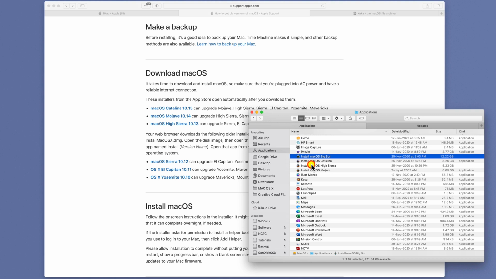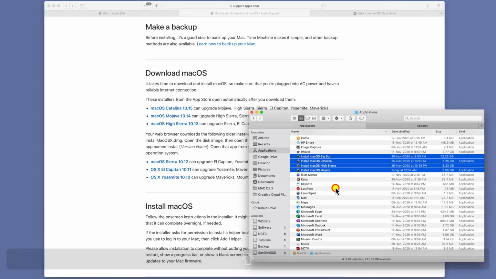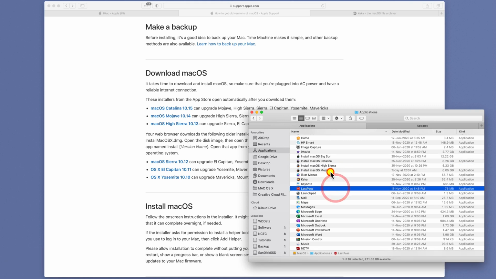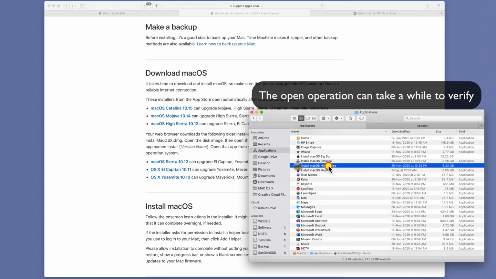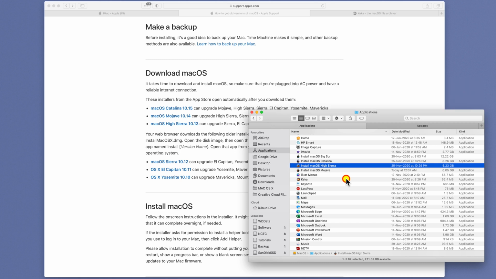So I have downloaded all of these, all the four installers here. But the one thing that you would have to do in case you've already archived them like I have is to right click open so it can verify and validate the image. Otherwise, the restoration to the USB drive will not work. Once that is done, we are ready to install all of these on a single USB drive.